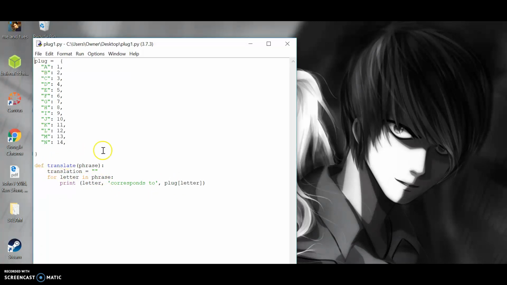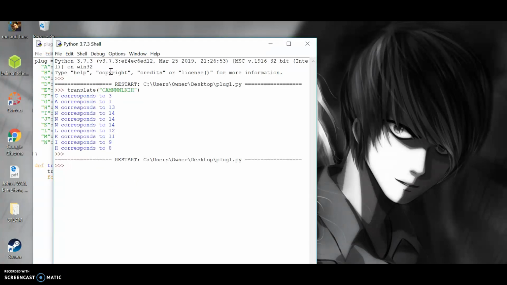So basically I made a function telling it it's going to be translating a phrase, and I set the translation equal to an empty string, and I said for each letter in the phrase, print the letter that corresponds to the plug value. And what happens when I run it? I have to type in translate,